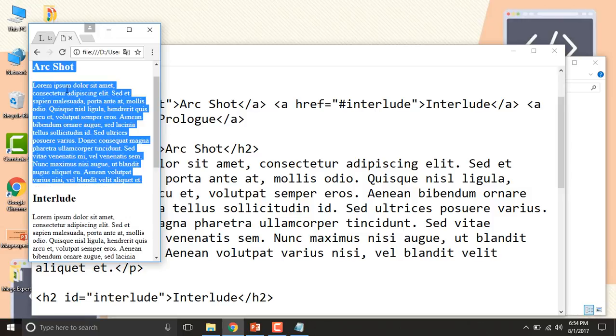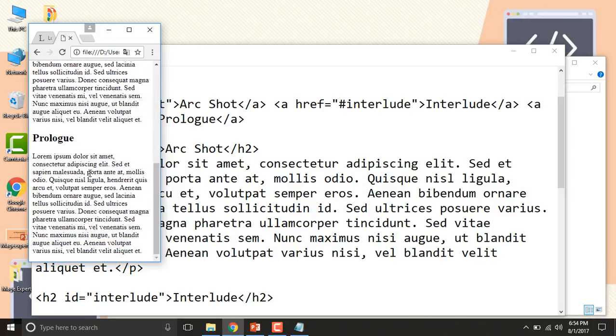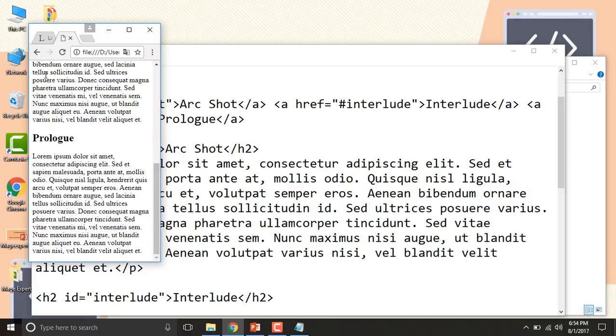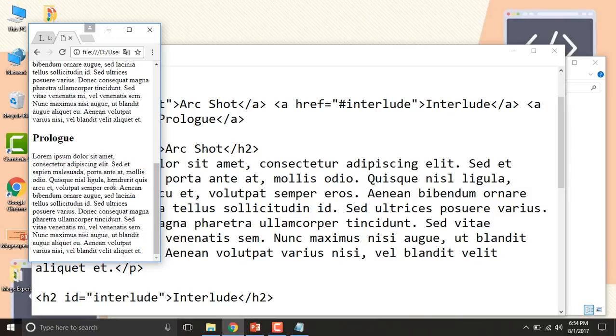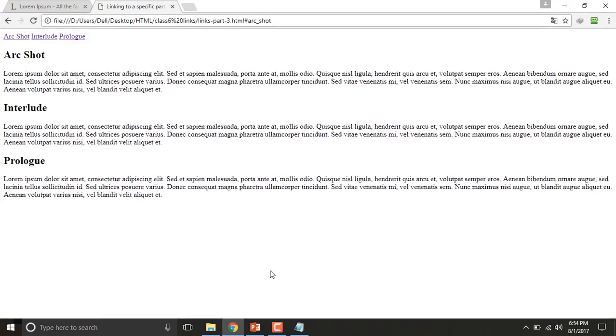Because I gave the ids to the h2 elements, which are arc short, interlude and prologue. Prologue is at the end of the web page, and there is no other content after Prologue. So when I click Prologue, it just displays some of the text of the paragraph before Prologue and the paragraph after Prologue. Okay, if there is some content in Prologue which is wider and taller, it may show Prologue at the top, like we are showing Interlude and Arc Short. We can